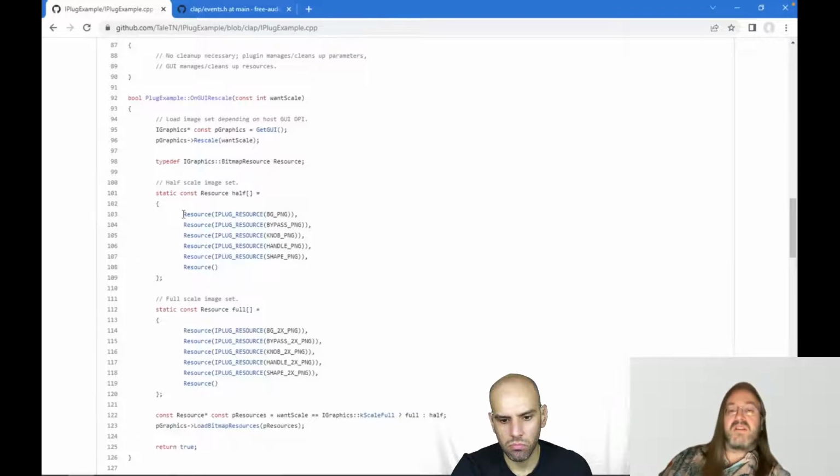But the biggest reason is that it's hard to downsize images nicely. So you could probably do it, but then it would cost a lot of CPU if you want it to look nice. So the easier way is just to do everything twice, because then you can do that offline and render it in very high quality. Maybe use an even higher resolution source.